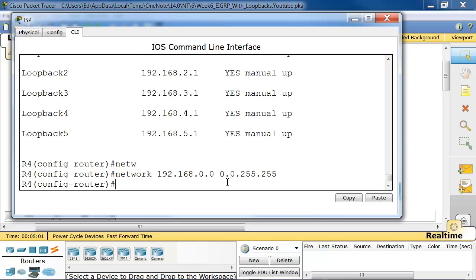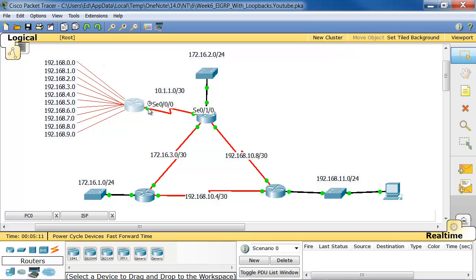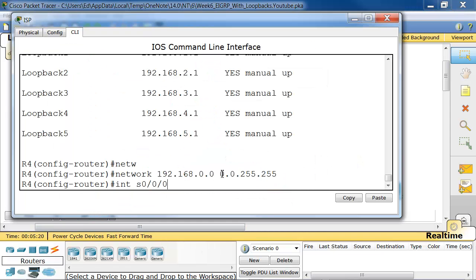That's great. We turned it all on, but now we have to go under the interface to actually summarize. So what you're doing here is advertising out this interface right here, Serial 0/0/0. So that's the one we're on. We go into that